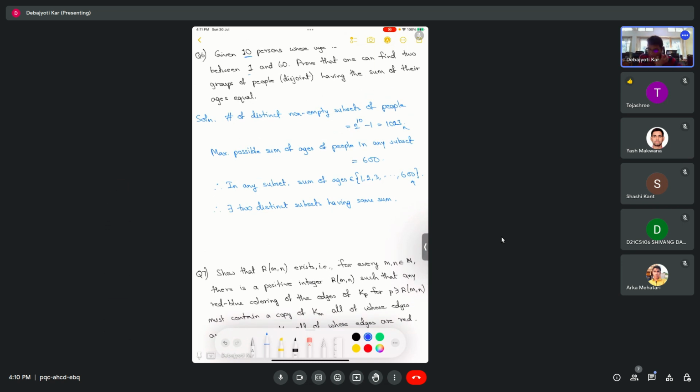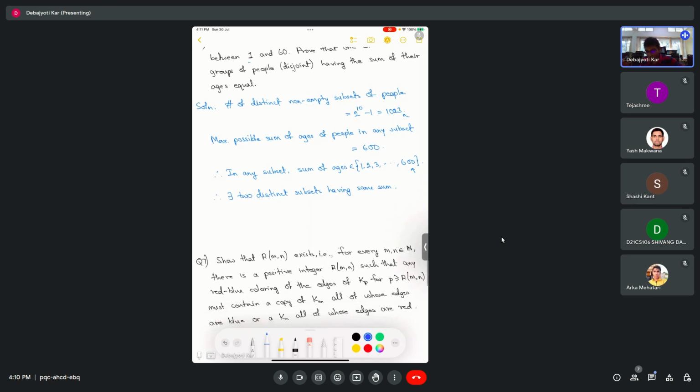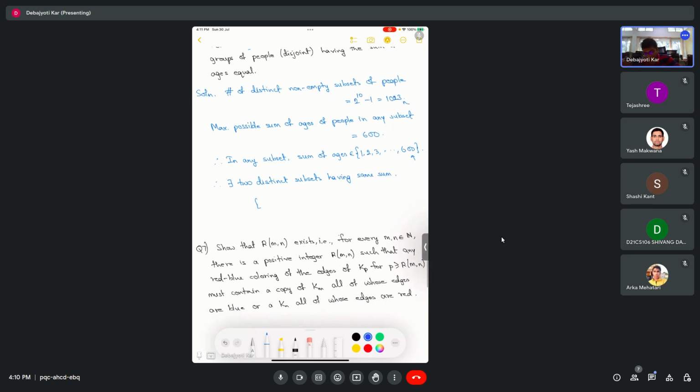So what we have got is two distinct subsets which have the same sum. But note that these two subsets are distinct but they may not be disjoint. For example, it might be the case that these two subsets are, let's say, P1, P2, P4 and P5, and the other subset consists of P2, P4, P6 and P7. So we have got two subsets whose sums of ages are the same, but they are distinct. So this subset is distinct from this subset, but they are not disjoint. They may have common entries. So for example, P2 and P4 might be common, but in that case, just delete the common people. Even after deleting the common people, the remaining